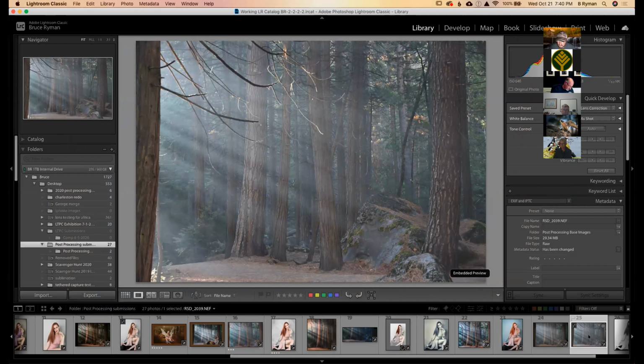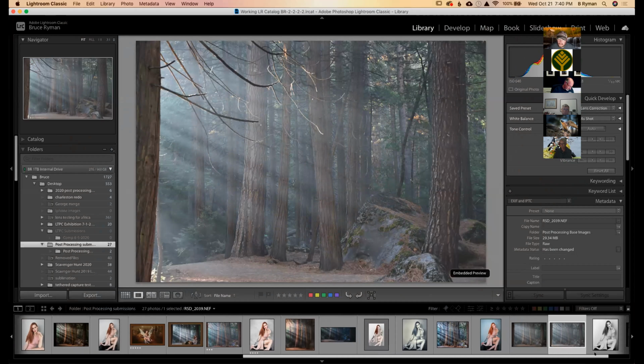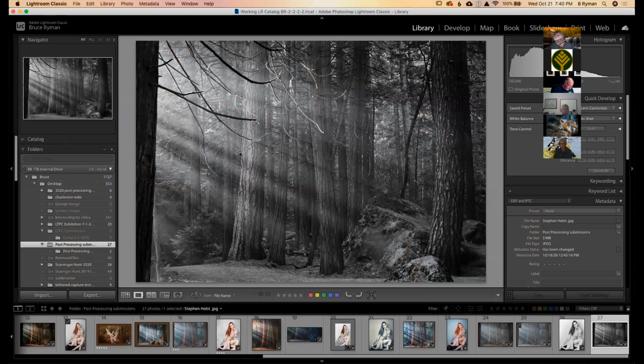All right, and this one, oh, that was the original, sorry. That slipped in there. Stephen, a black and white. Yeah, I don't think Steven's on tonight. Unfortunately, he couldn't make it, but he did everything in Lightroom on the photo, and did a black and white version of it. Definitely different in black and white. Yeah, when I originally did it, I did it in black and white and color. Yeah, I like the black and white.